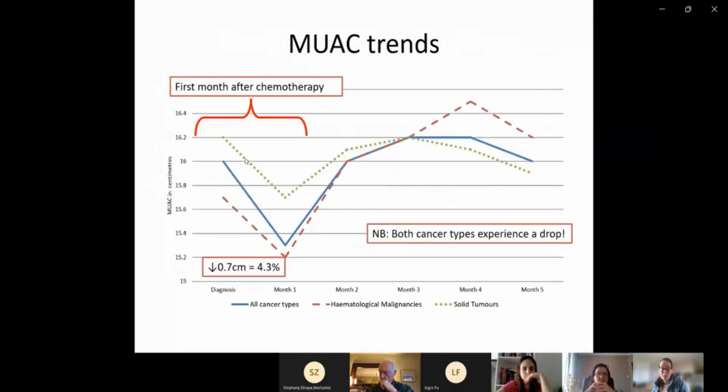Okay, when we look at MUAC trends specifically, you'll see for the first time ever, both groups of cancer type experience the same loss of muscles or of functional tissues in this case. And if you look at the all cancer type, which is the blue line, I've just interpreted there for you. When you see it visually, it does look severe, but if you look at the actual value, it's only about 0.7 centimeters that they've lost as a mean loss during this point in time. But if you express it as a percentage, you can see that it can almost be classified as quite severe